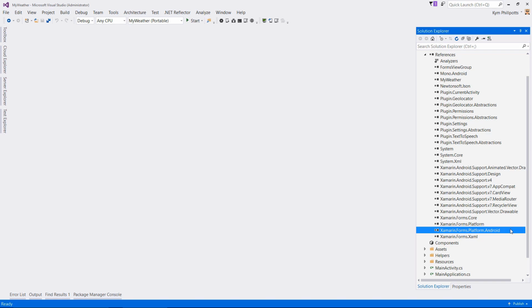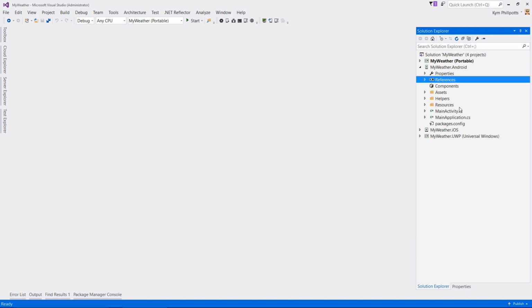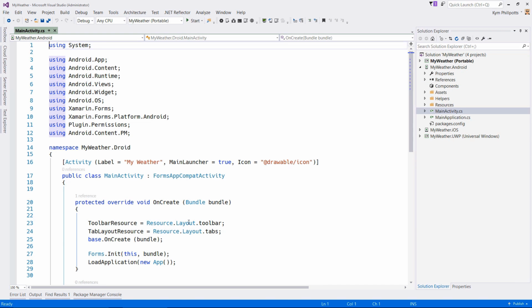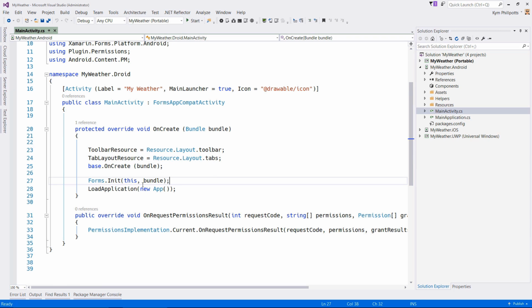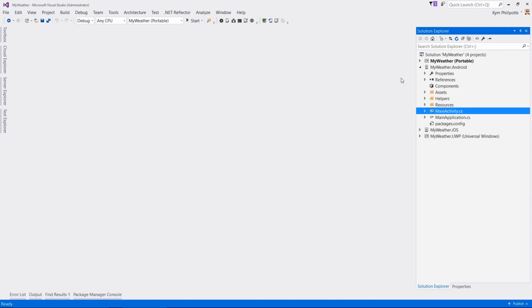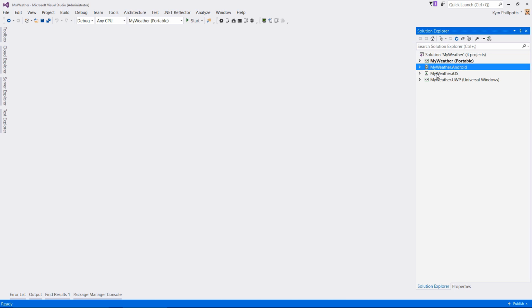And if we go and have a look in our main activity, you'll really see that there's not a lot going on in here as well. So in our onCreate, essentially what we're doing is we're initializing Xamarin Forms, so we're kind of bootstrapping it, and then we're loading our application. But really, that's all the code that we have in our Android project. And the same is true for our iOS application. If I close this down and we have a look at our iOS application,